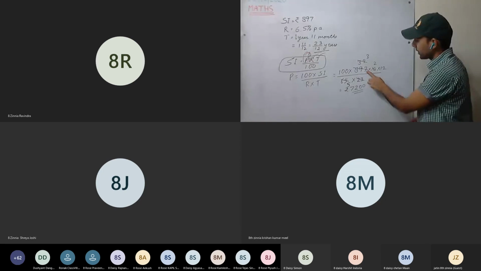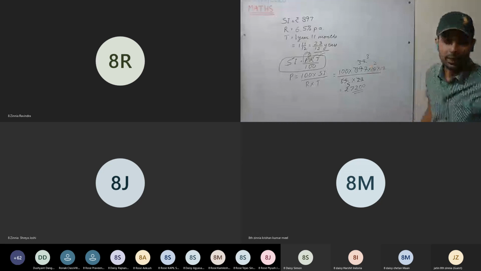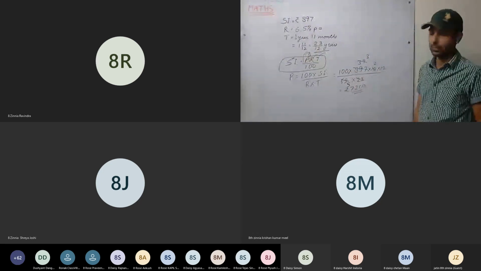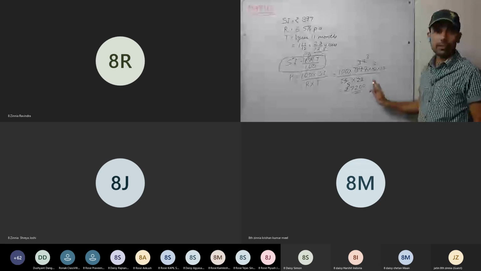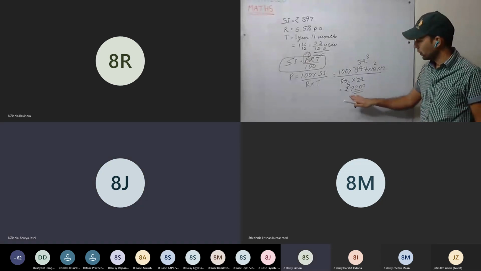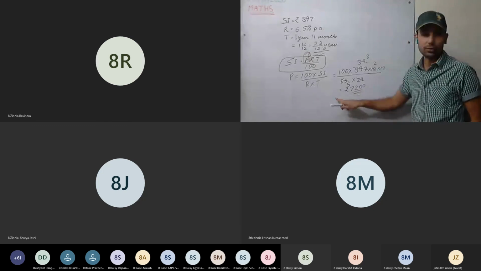So 3 nines are 27. Check it with 23 and 39. Mainly they used to cancel, as the figures are given as such. They usually get cancelled. Is this clear? Anyone have doubt how to write? What have we got? At last, what do you write? Online you have to write.